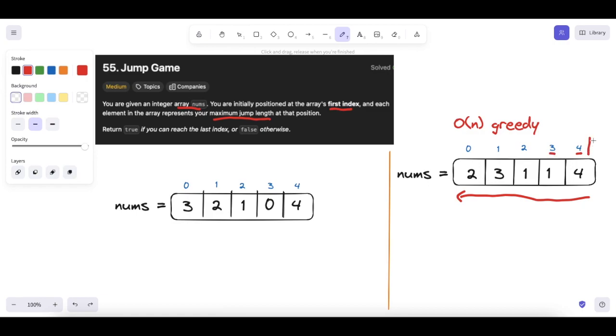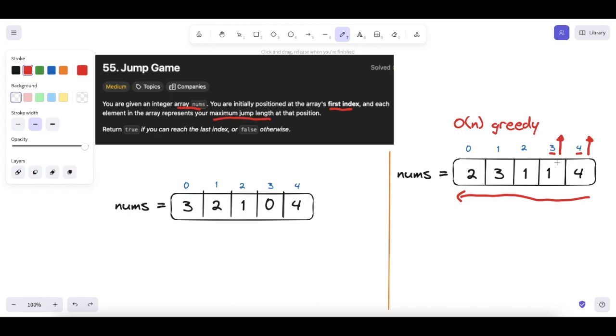So our goal, however, remains at index 4. From index 3, we're going to see if we can reach our goal, which is index 4. From index 3, we can make a jump of size 1, meaning that from index 3, we can in fact reach our goal. Therefore, what we will do is move our goal now to index 3 itself. Because if from index 3 we can reach index 4, our goal will simply be to be able to reach